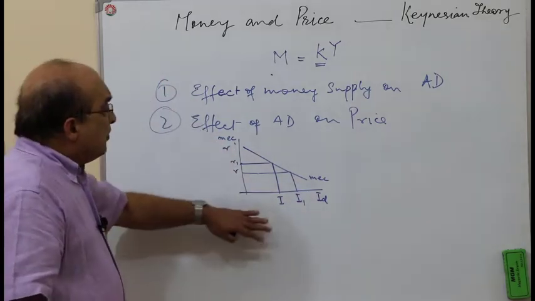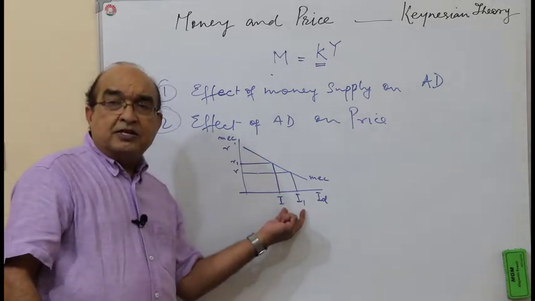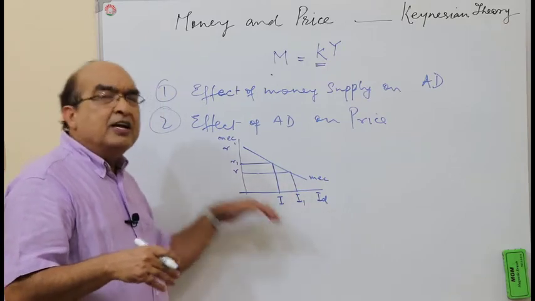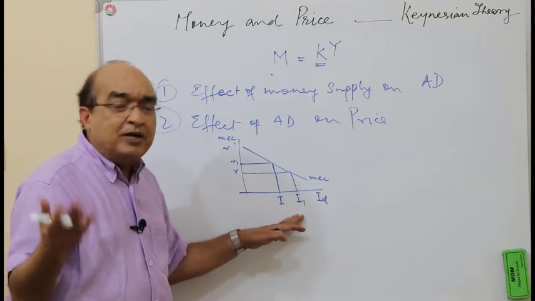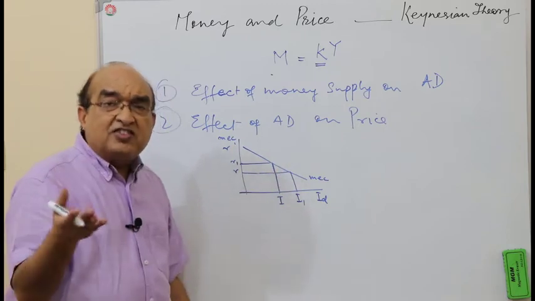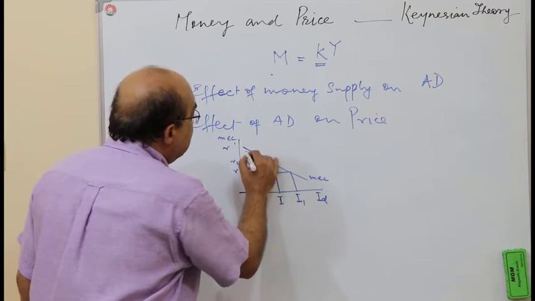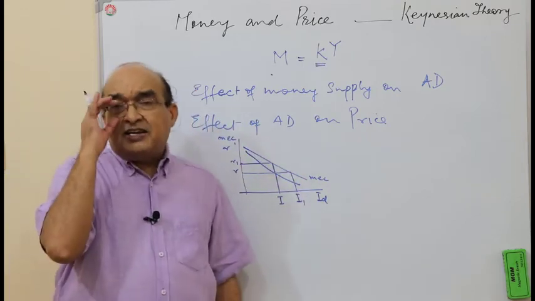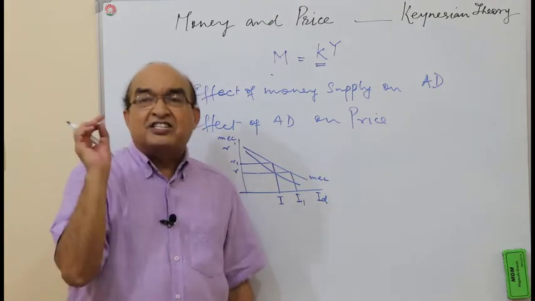So obviously this change in investment here is a positive change, a negative relationship between the interest rate and investment demand, so that as a result of a decrease in the interest rate, there will be an increase in investment demand. This depends on the magnitude of the elasticity of the MEC schedule itself. For example, if this MEC curve had been steeper, in that case a fall in the rate of interest would have brought about a smaller change in the investment